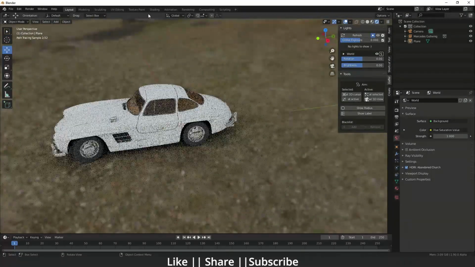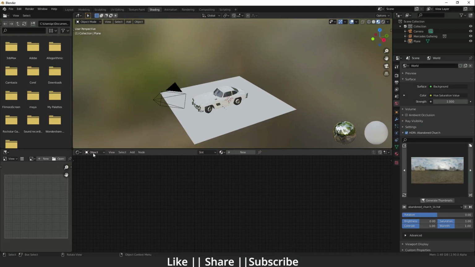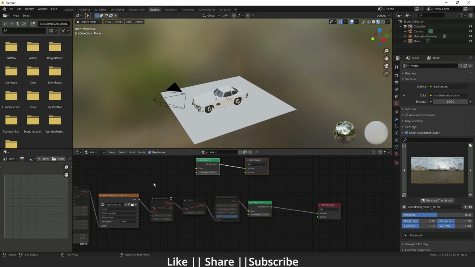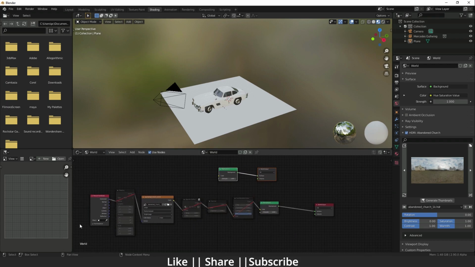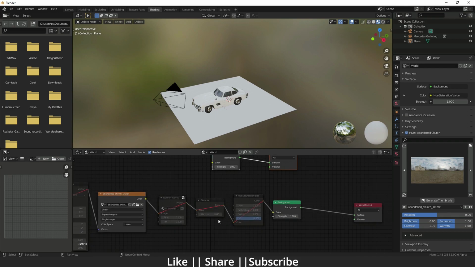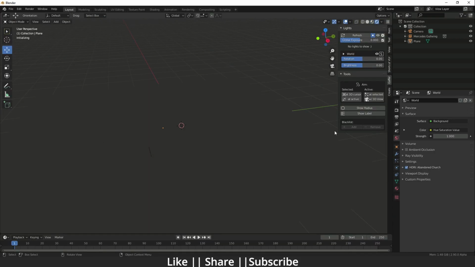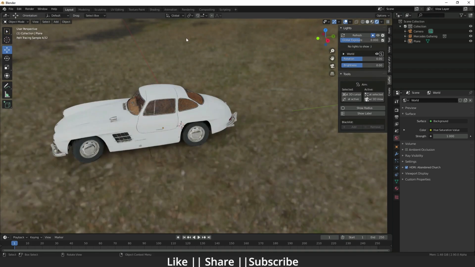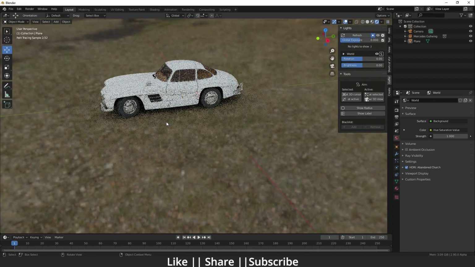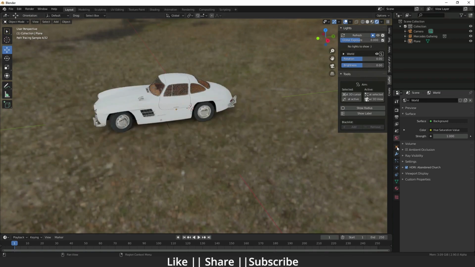And if we go to the shading panel and I change the object to World, we have one node automatically created with the HDRI. Okay guys, so we don't need to think about these nodes. It will be automatically generated. When I enable that, all the options here are automatically enabled. So what are these options? I'm just going to talk about that.